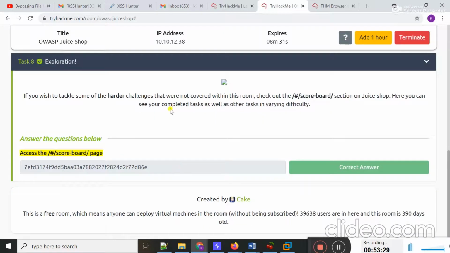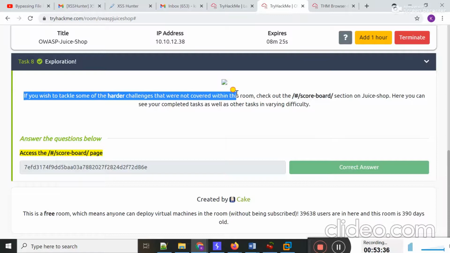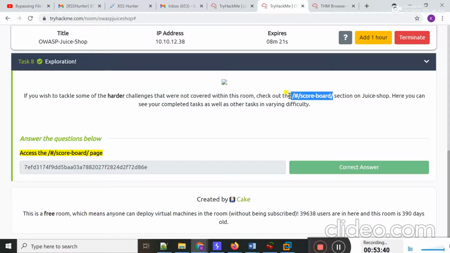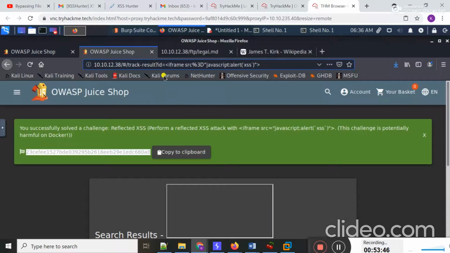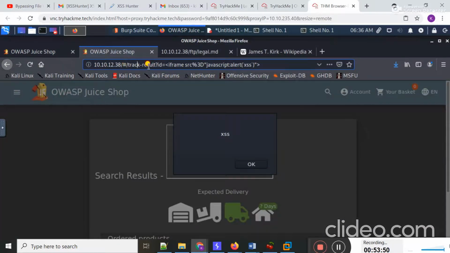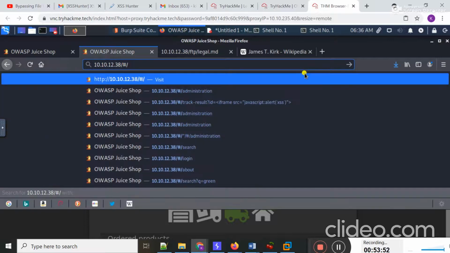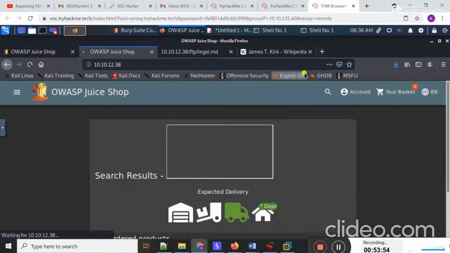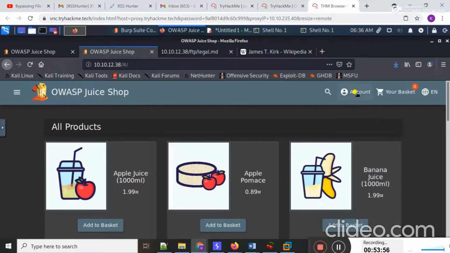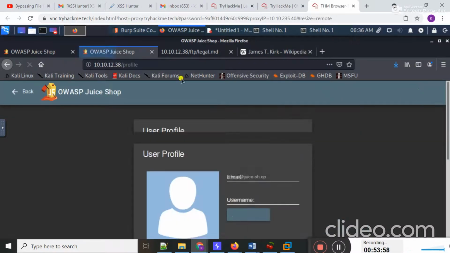Okay, let's move to task 8. If you wish to track some of the harder challenges that were not covered within this room, guys, you can actually check this page. Here you can see all your completed results.